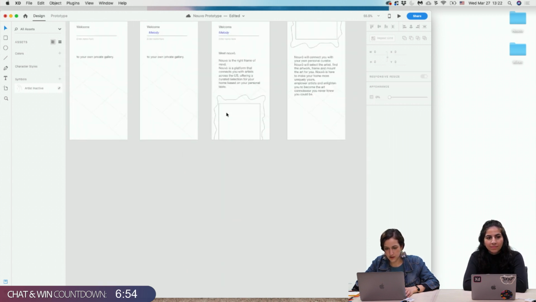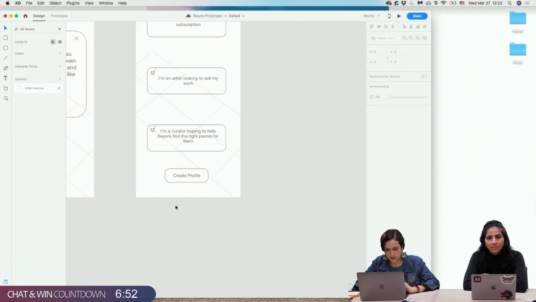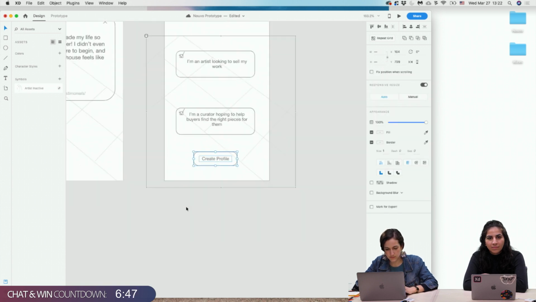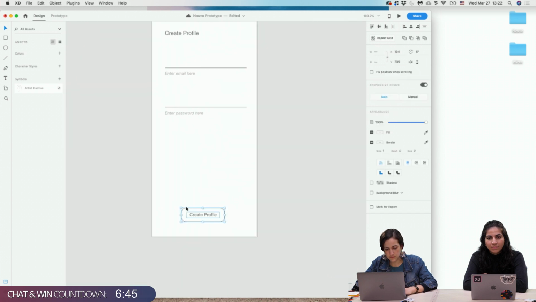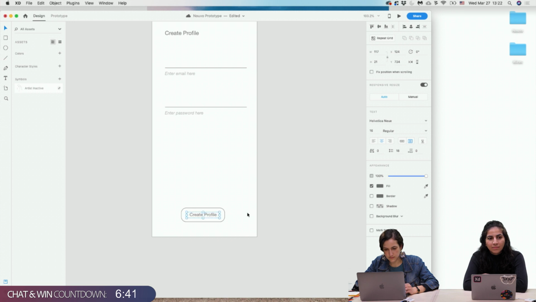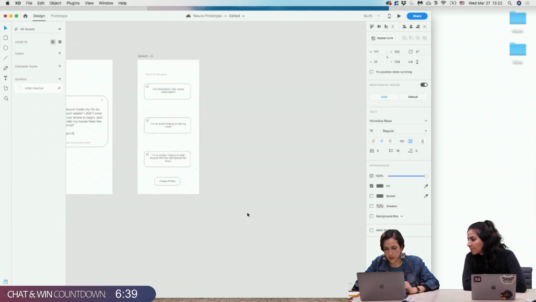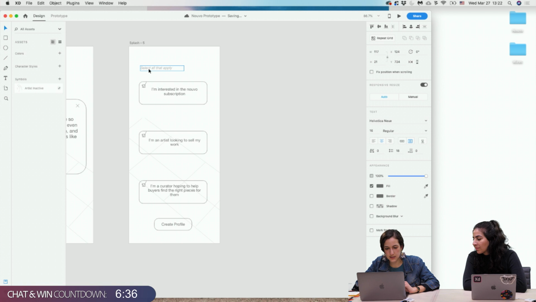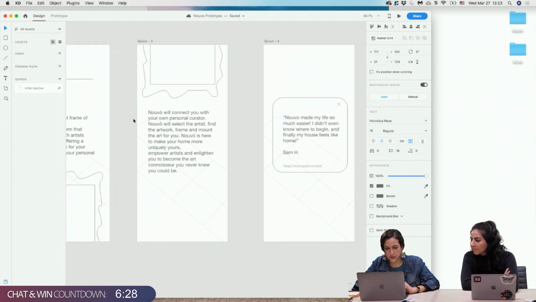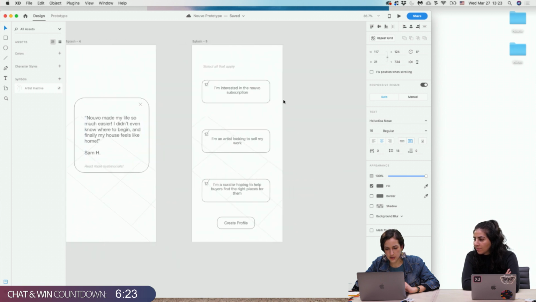I wonder if that's confusing. So they came here and selected all the interests. This create profile screen is right after this last screen. So they have an intro and then they